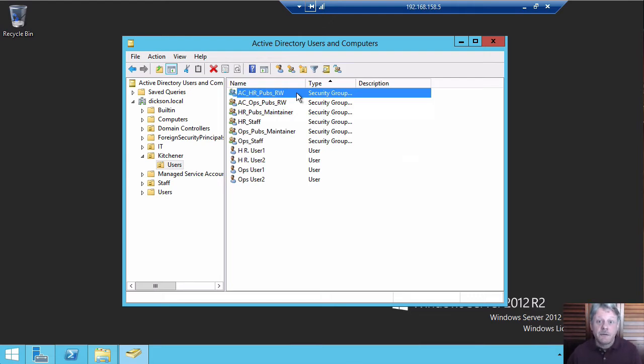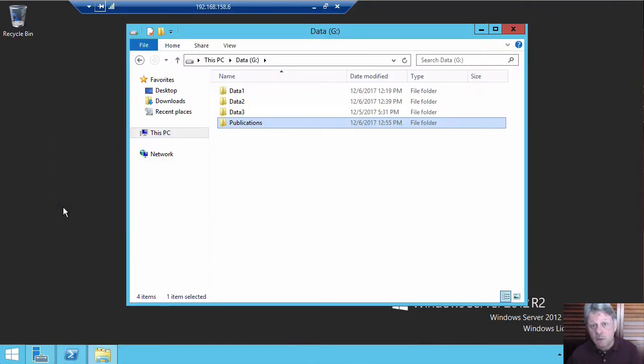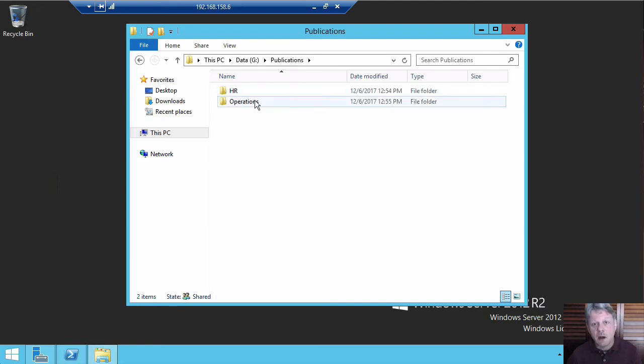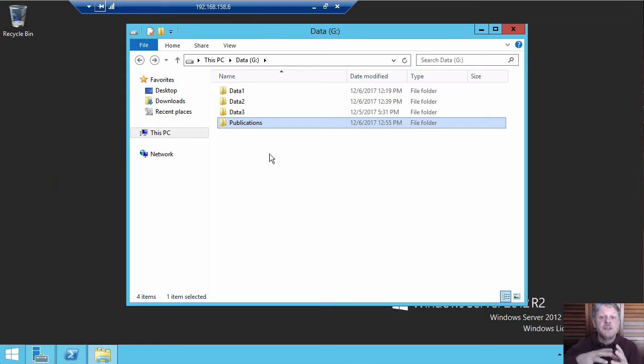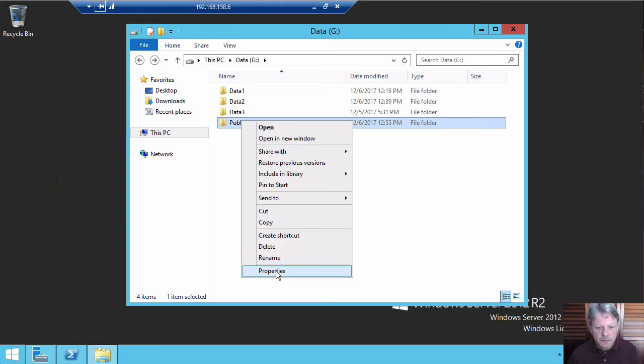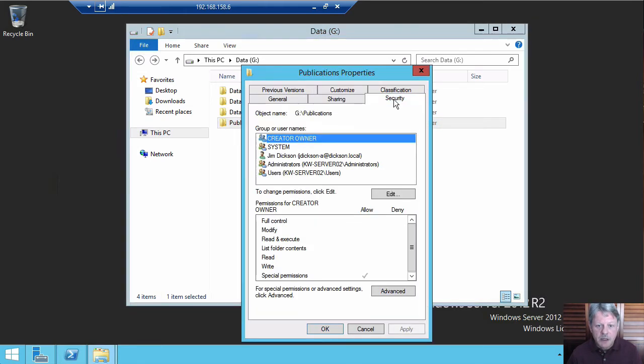Now, let's look at the NTFS side. Let's switch over onto my member server. I've got a publications directory. This is shared out. Everyone has full access. If I look inside of this, we've got HR and operations folders, and those are not shared. So anybody who wants access to publications would come through the publications share and then see all of these different department folders. If I look right now at permissions, we'll open up the security on